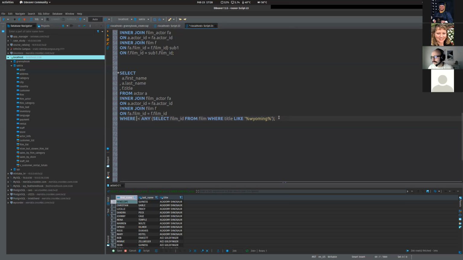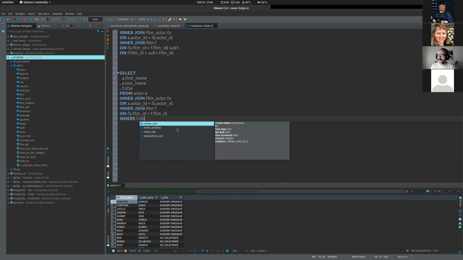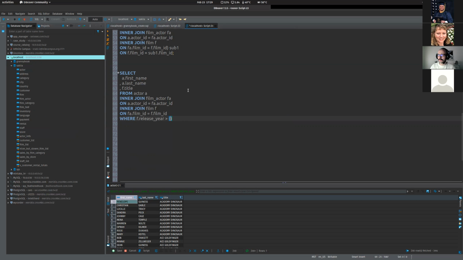Let's use our rental table. So let's say we want all of the actors from film where the F dot release year is greater than, and this is kind of hard because I don't know the movies, but let's pretend that the movie Academy Dinosaur is something good. Normally when we do a comparison, we like to check against one thing, like a singular date. So let's say we want to see everything where the release year is greater than 2015. Well, sometimes we want to check to see if the release year is greater than a list,